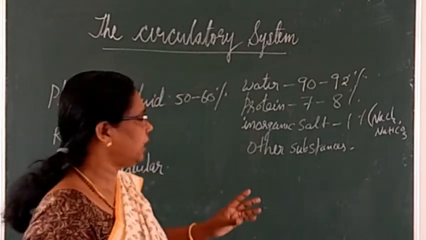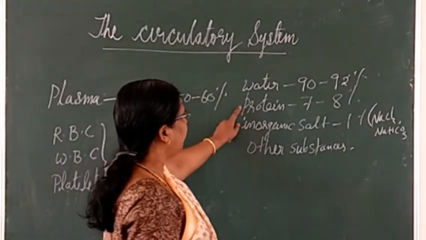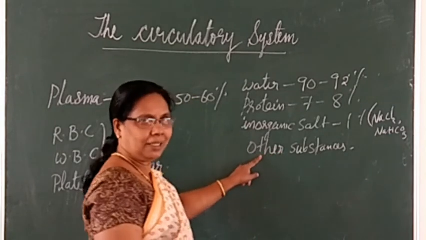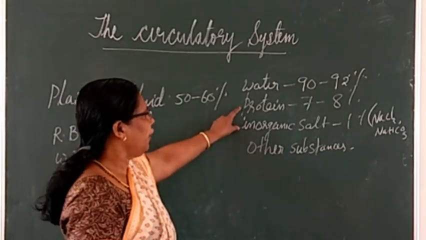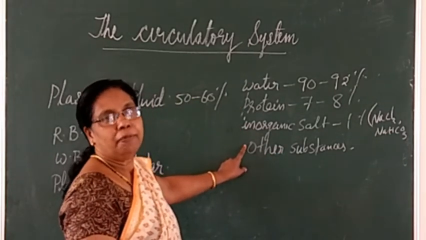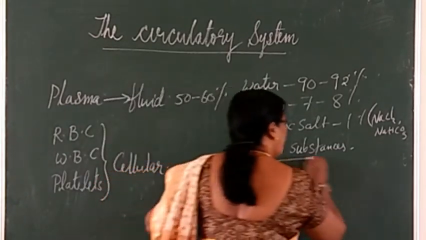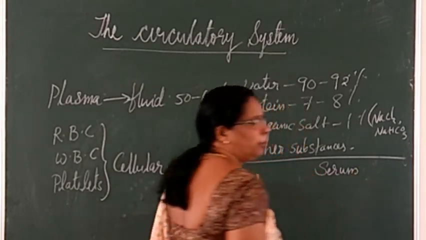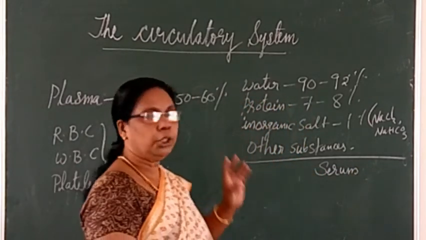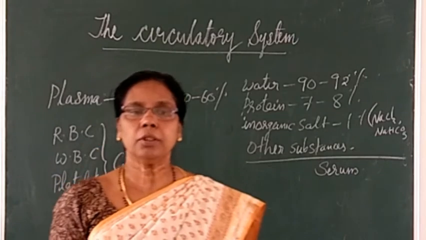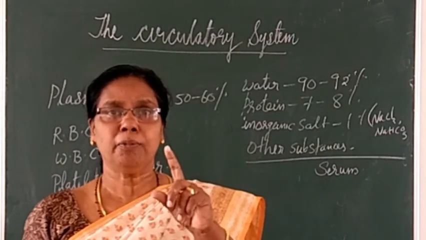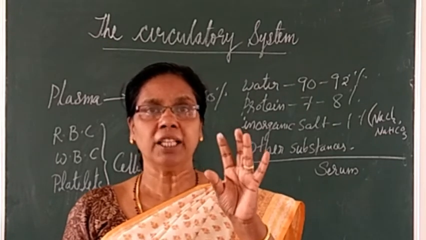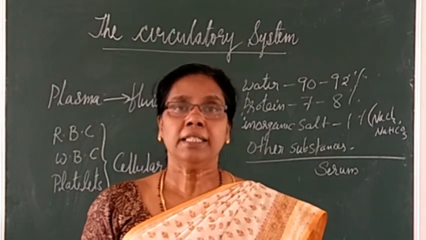Vaccination, etc. you have seen. In that, the protein fibrinogen is removed from the other substances. Okay. If we are removing that one, the remaining substance we are calling it as what? Serum. In the case of medicine, you have studied the use of serum. So what is meant by serum? From the blood, the protein fibrinogen is removed. The remaining substance is called serum.